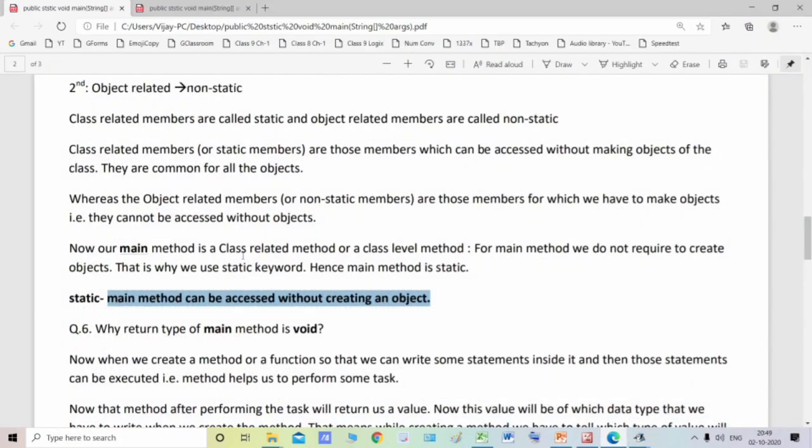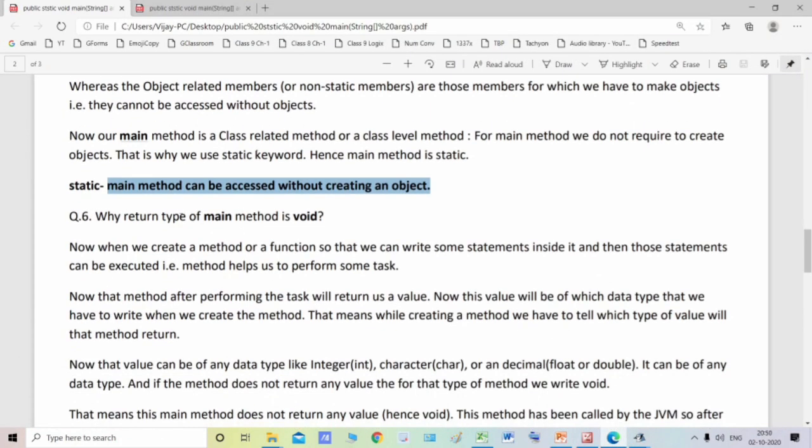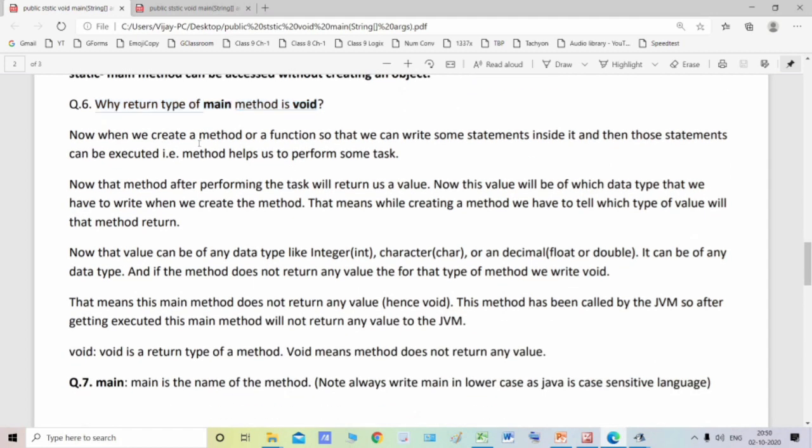Let me explain to you why the return type of the main method is void. When we create a method or a function, we write some statements inside it so that those statements can be executed. The method helps us to perform certain tasks.